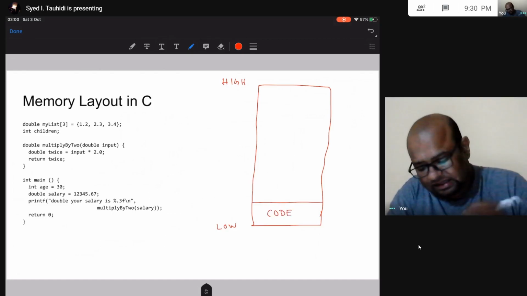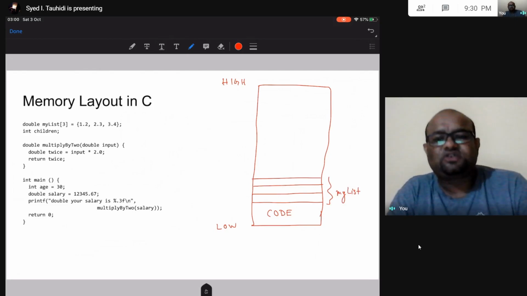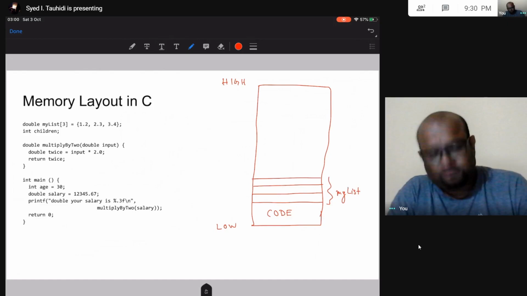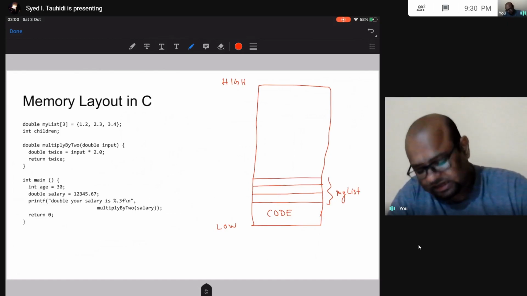Then what is going to be there? The initialized global variable. This is going to be there, right? So these three together, my list is going to be allocated memory in this data segment, right?